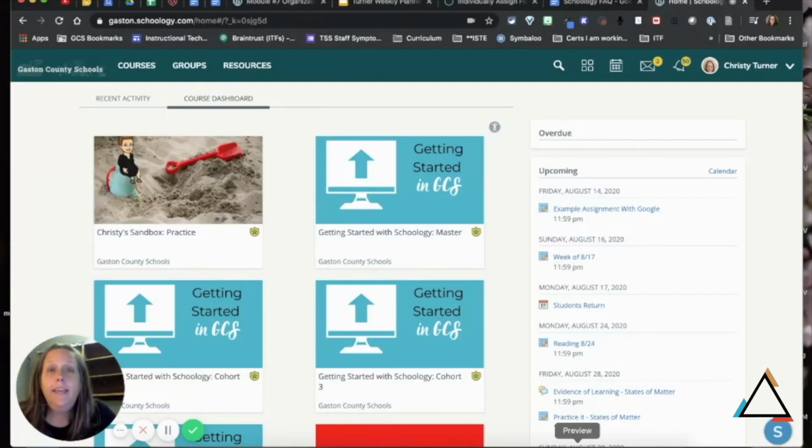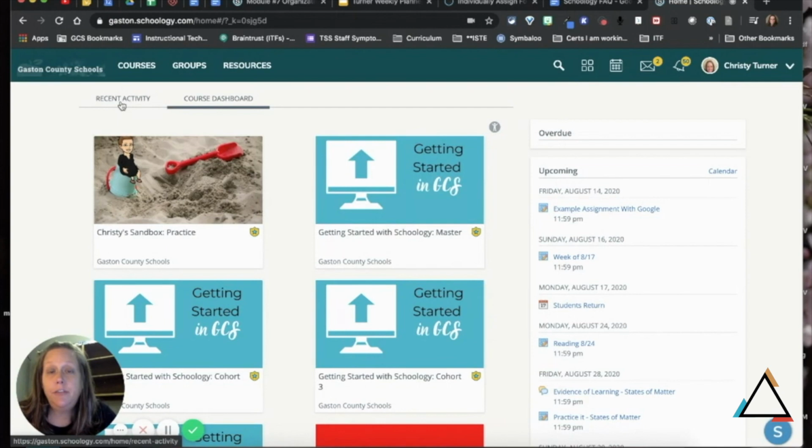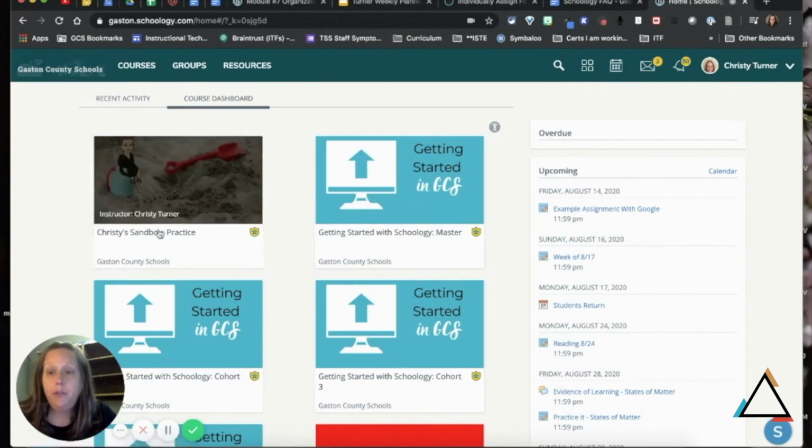Hey everyone. In this part of the course, we're going to talk about creating and organizing folders. First up is creating a folder. If you notice, I am in my home page, so to speak, and it could be recent activity for you if that's what you chose, but I chose the course dashboard. So I'm going to go into my course